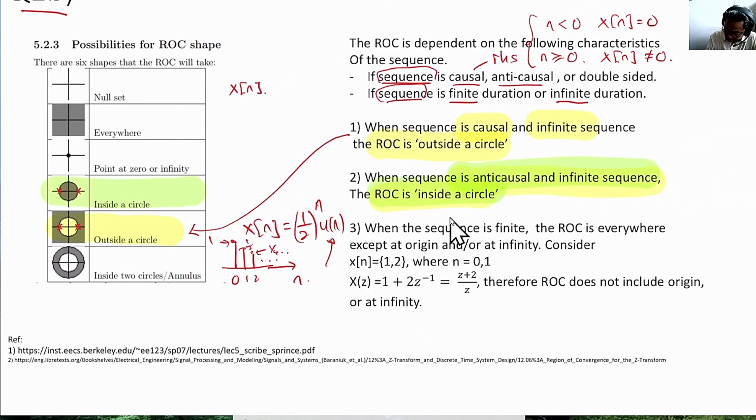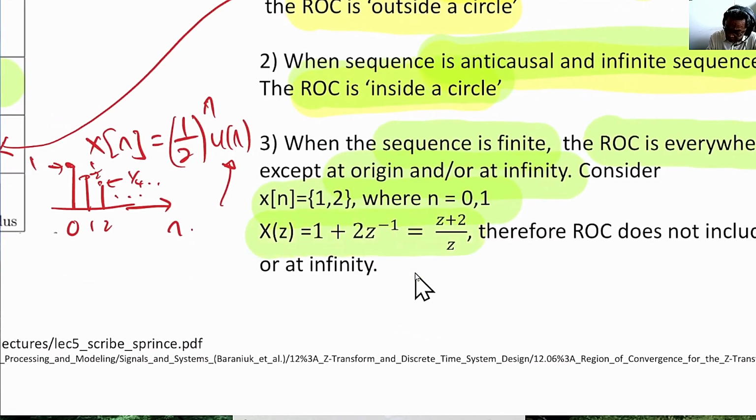Now let's have a simple case where the sequence is finite. When the sequence is finite, the ROC is everywhere except the origin or infinity. So this is the typical ROC for a finite sequence. Let's give an example. When x[n] is 1 and 2, then the Z transform of the sequence 1 and 2 for index n equals 0 and 1 is simply 1